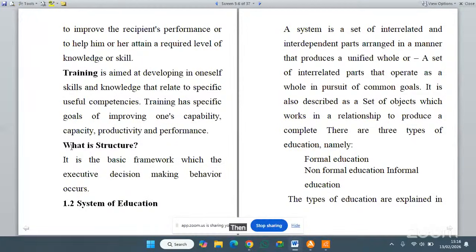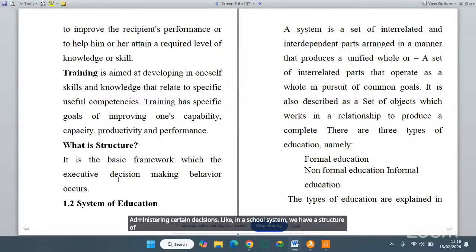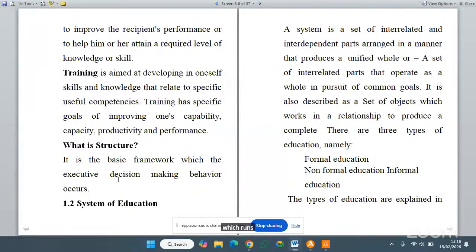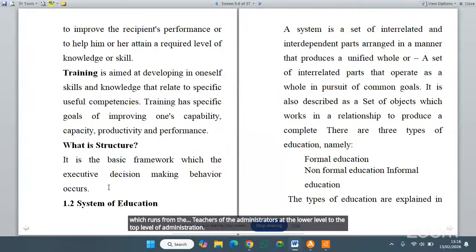Then there is structure. What is structure? It is the basic framework within which executive decision-making behavior occurs. It is through a framework of administering certain decisions. Like in a school system, we have a structure of leadership which runs from the teachers to the administrators at the lower level to the top level of administration, the principal and the board of